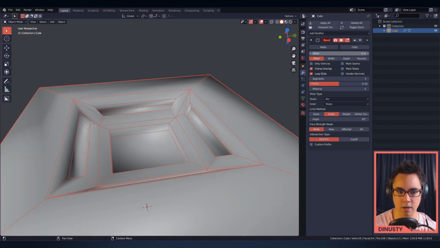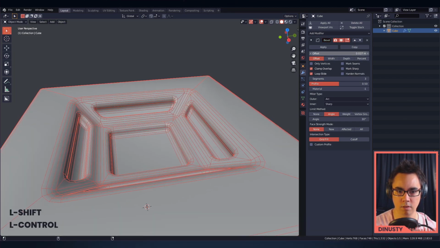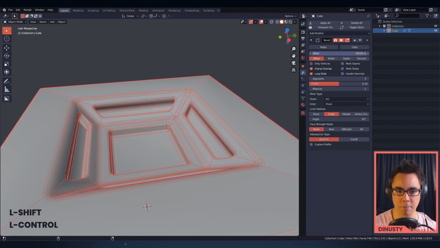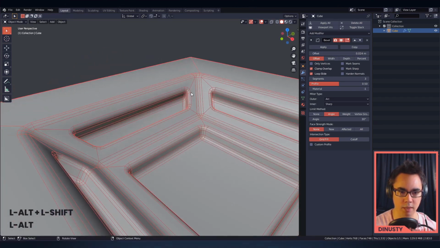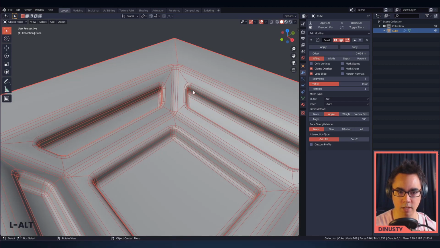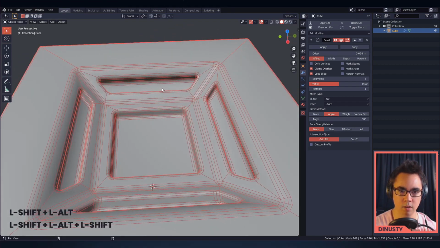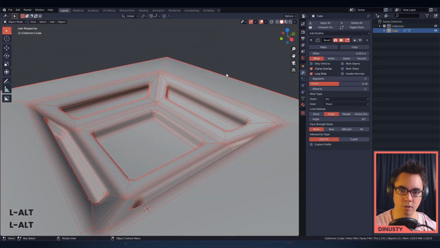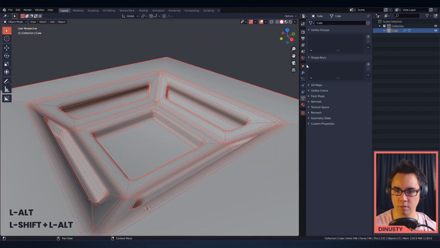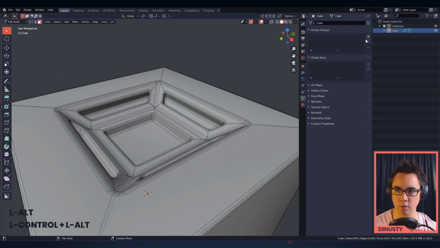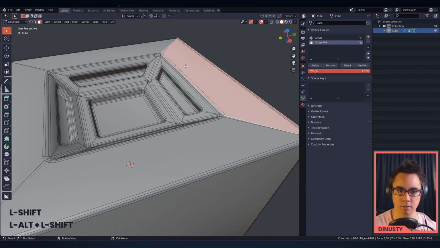If we scale these down, you can see. So maybe we want the bevels to be somewhere around that level for here, and then the outside ones we want to be maybe a little wider than what they are here. So what you can do is, if you go to the mesh, the object data properties, the green tab, you can make groups. So let's make two groups,